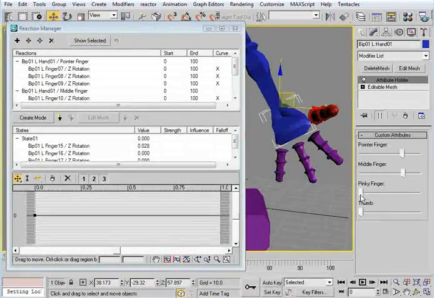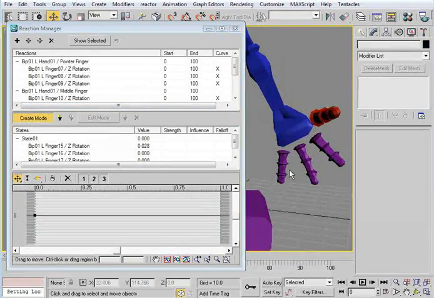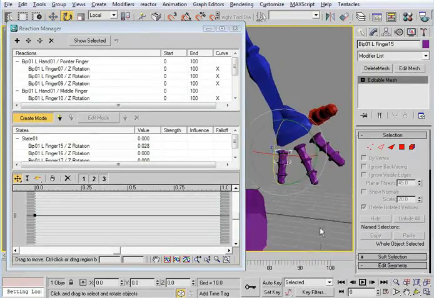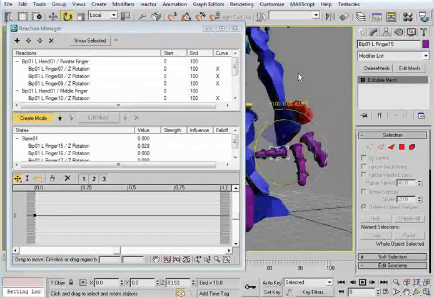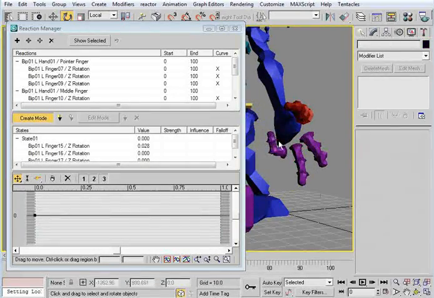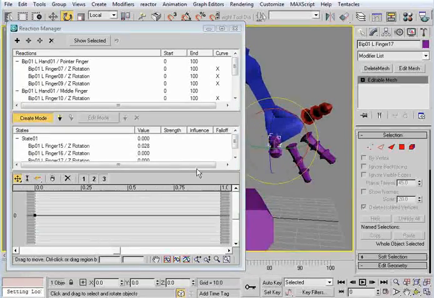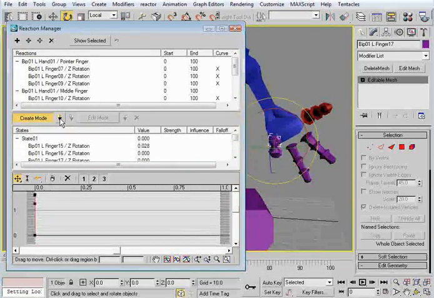Okay, I know my slider's all the way over here, so we go into create mode. Make the rotation we'd like to see, hit create state,